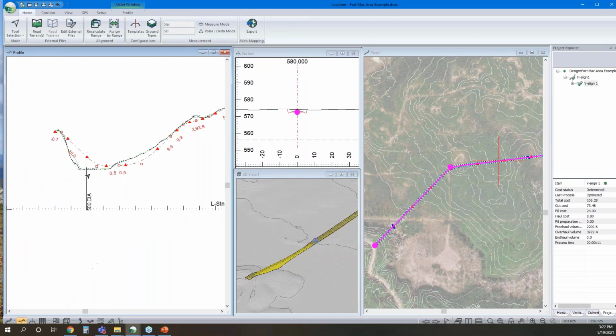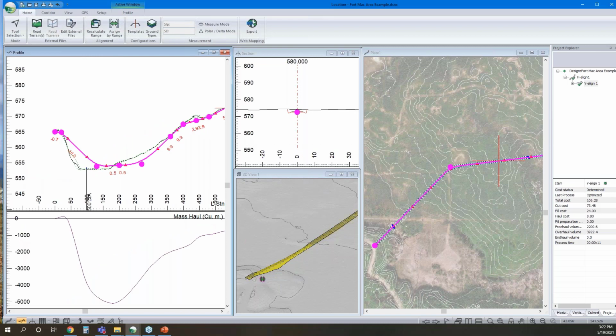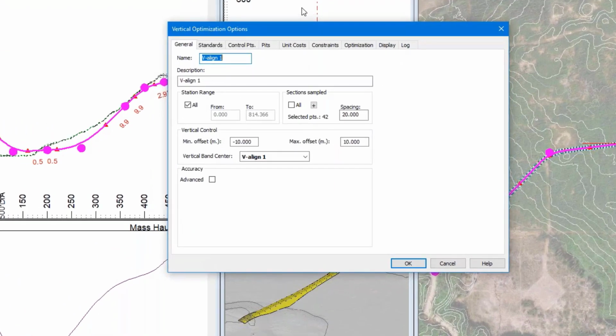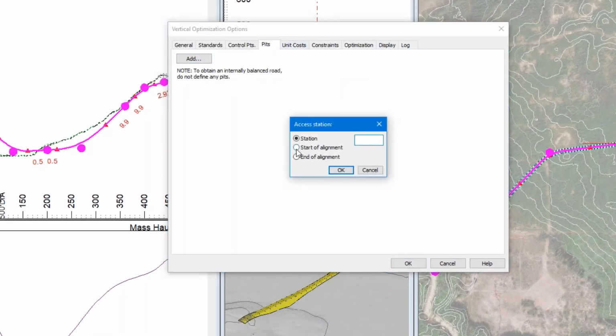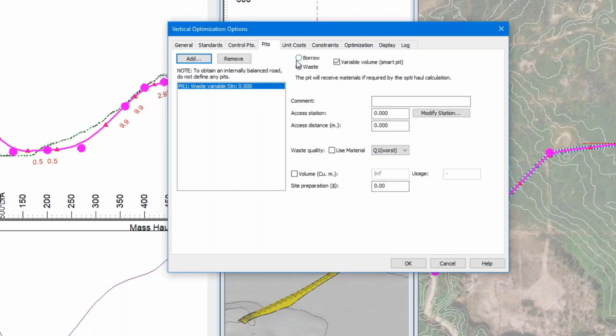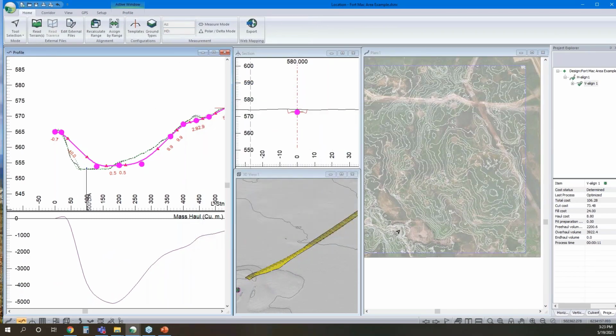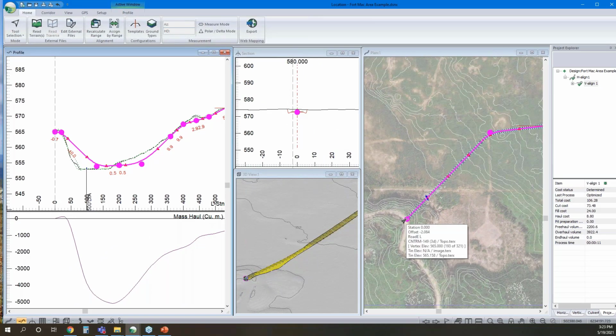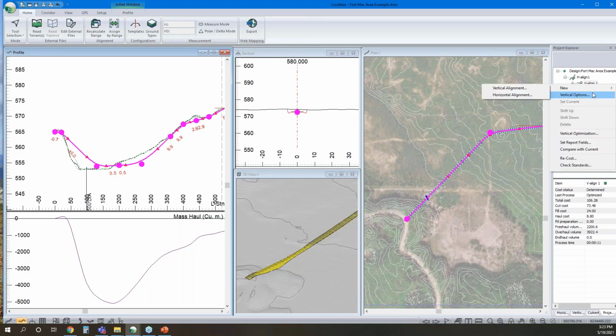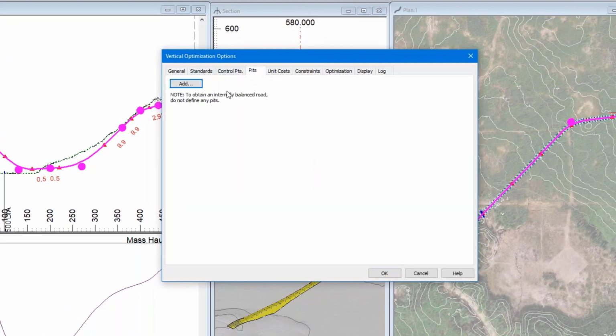Can make sense. But back here, if we want to control that and not have a funny approach, we absolutely can. So we can go back in this. I'm going to want to do two things. So I want to add a pit at the start of our alignment. So we'll make it a borrow source. And in this case, we don't have an actual pit location right at the start of a road. So if we want to account for the dead haul distance to get from our start of a road to the pit, we can. So click add,